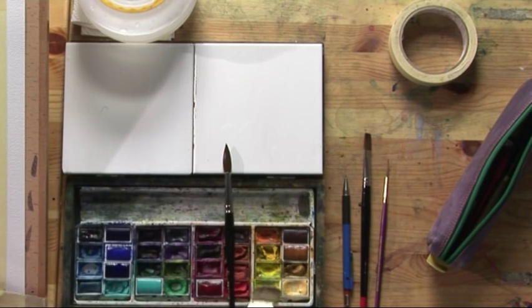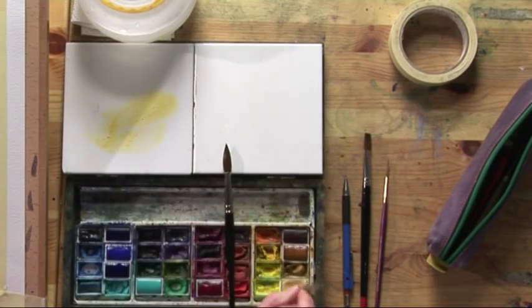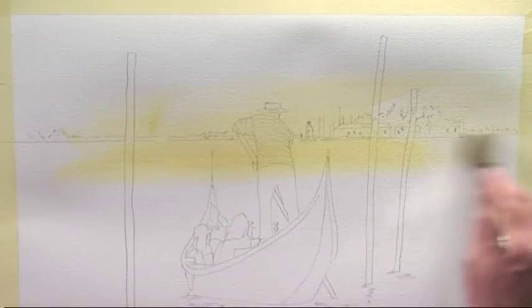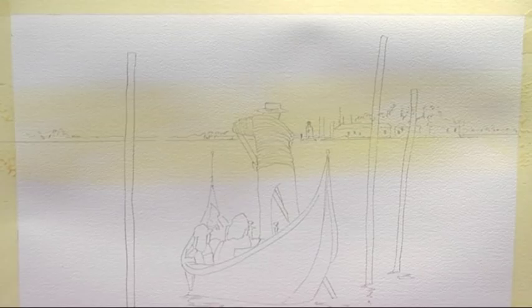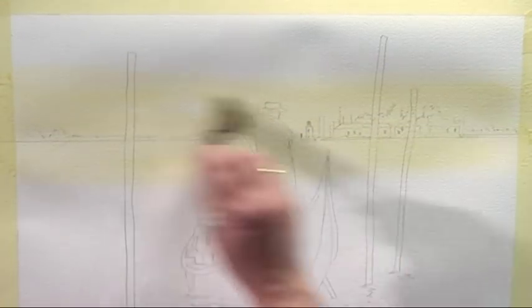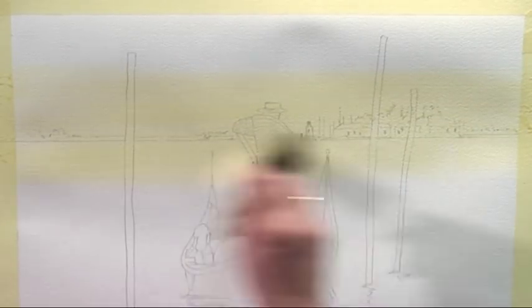Now I'm going to begin with Naples yellow. This is a lovely yellow, a lovely creamy yellow. I'm going to start with this in the centre of my picture. I'm using pans. I like to use pans. You could use tubes if you wanted to, but I prefer the pans. And the paint has to be a good full colour, so not too wishy-washy, because of course the paper is